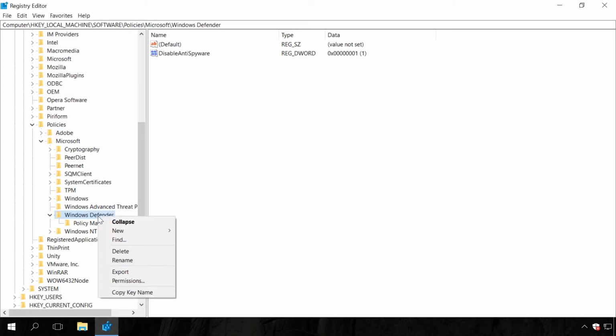If this property doesn't exist, right-click on the Windows Defender icon in the left navigation pane of the editor, select a new DWORD 32-bit value. Name it Disable Anti-Spyware and set its value at 1. In order to enable Windows Defender later, change this value into 0 or just delete these settings. After that,